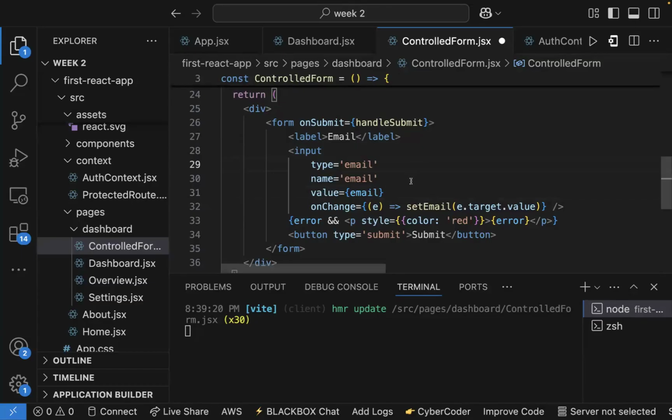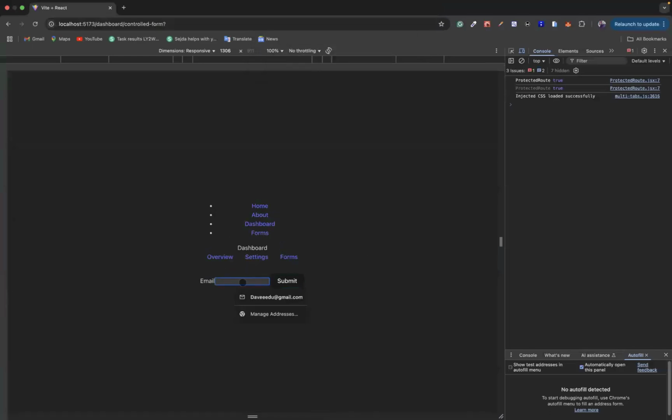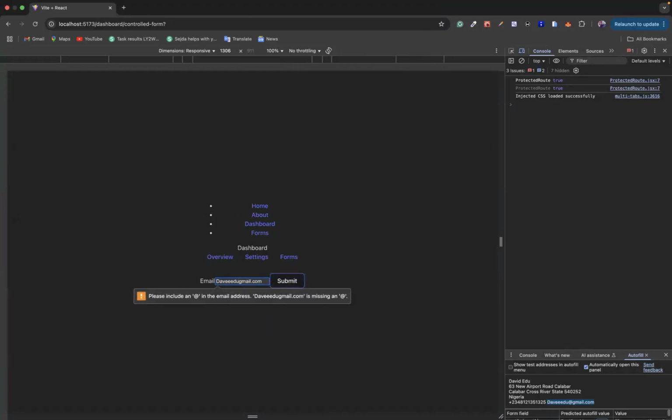The more custom your validation is, the better the user experience, in my own opinion. So now I come here and I put this and I remove this, and then I click on submit, and I'm seeing this on my UI. No matter how beautiful your site is, this has spoiled the whole thing, because your site is not fine again, right? But if